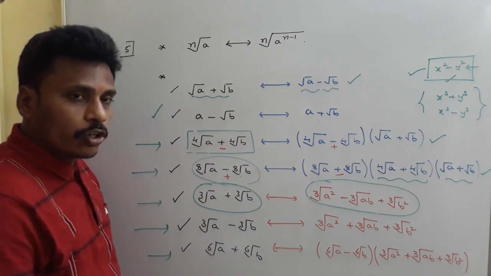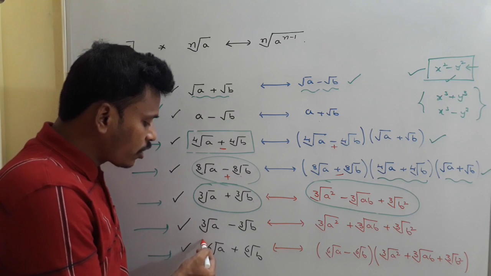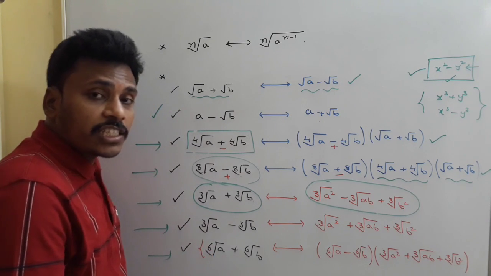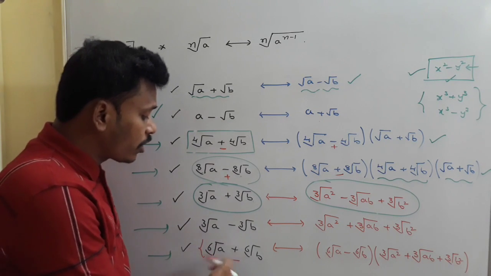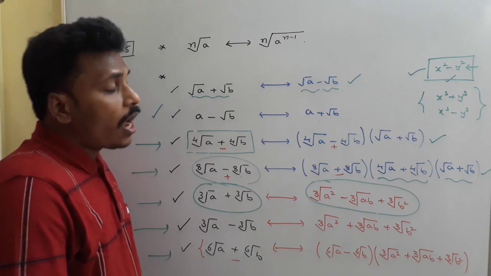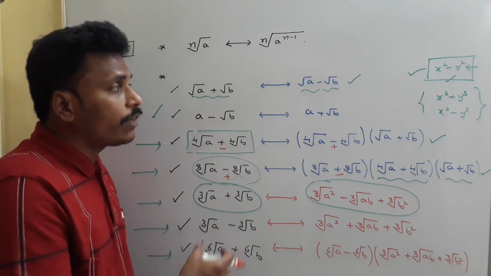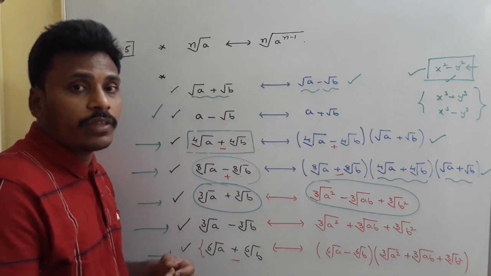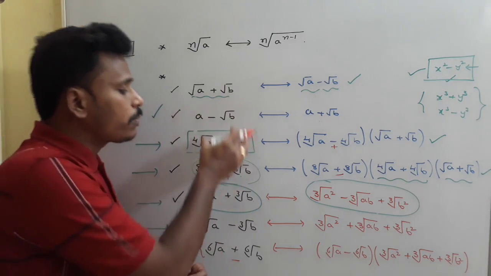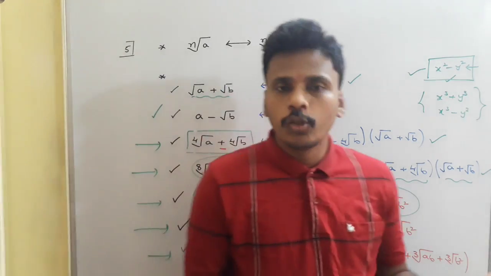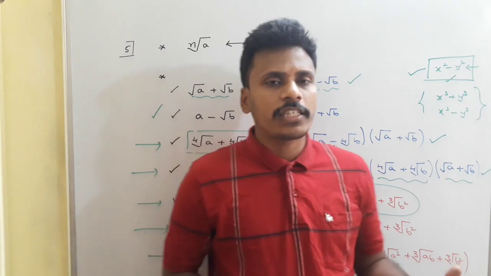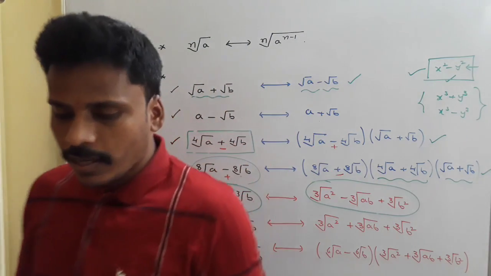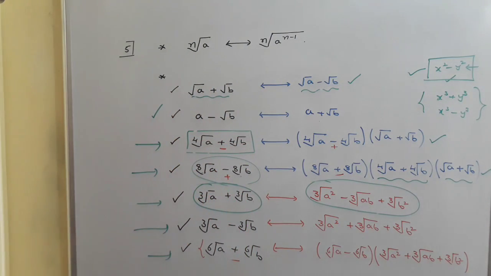Okay, so just have a look here. In this, see, just like 6th root a plus 6th root b, there is a chance to write the rationalizing factor for 6th root a minus 6th root b also. And these are very useful, and repeatedly you will face different questions based on the rationalizing factors of these binomial surds in your practice sheets as well as in your computations. Okay, just have a look. You need to follow the definition of rationalizing factor to find the rationalizing factor of the given number.